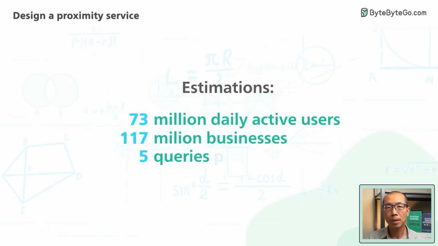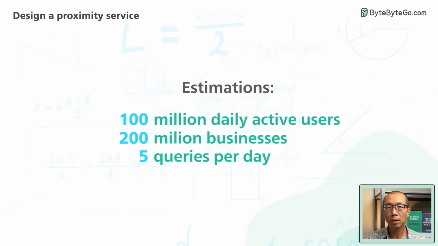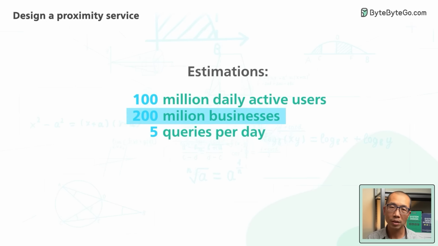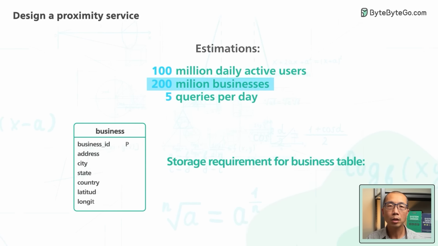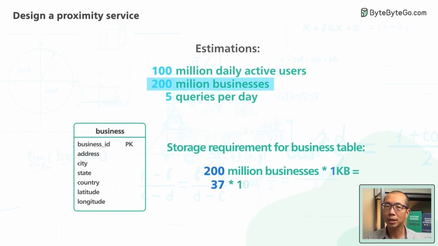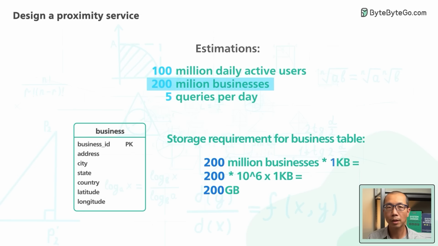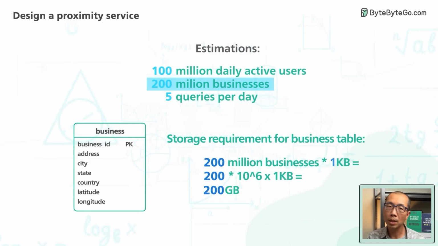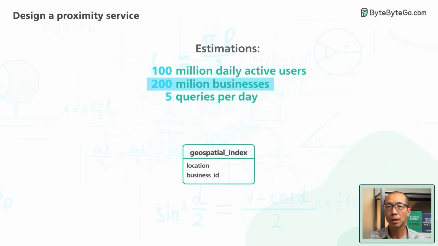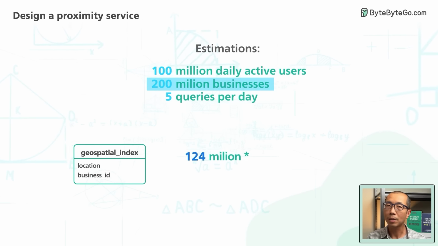Now that we discussed the schema, we should be able to do some back-of-the-envelope calculation on storage requirements. What do we know so far? There are 200 million businesses. For the business table, we estimate that all the details for a business should take no more than 10 kilobytes. On average, it would probably be closer to 1 kilobyte. So the business table should be in the low terabyte range. How about the table for nearby searches? This table should hold the business ID, latitude, and longitude for each business. These are all 8 bytes each.